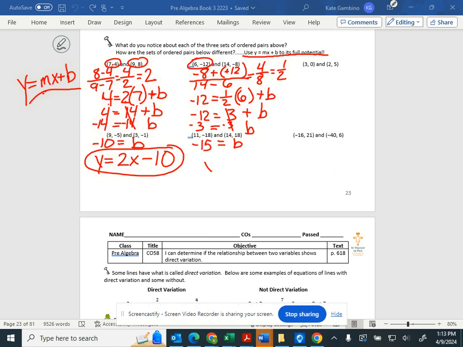Now I can do my slope-intercept form. Y equals my slope, 1/2 times x, minus 15. How do we feel about putting those into the formula? Pretty good now. Yeah, once we do it a couple of times and we go slow,